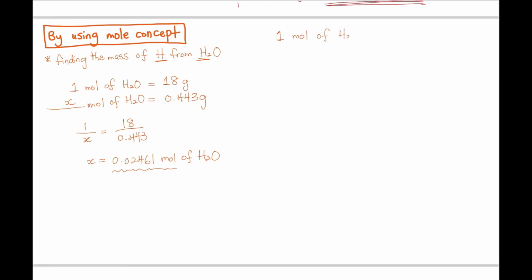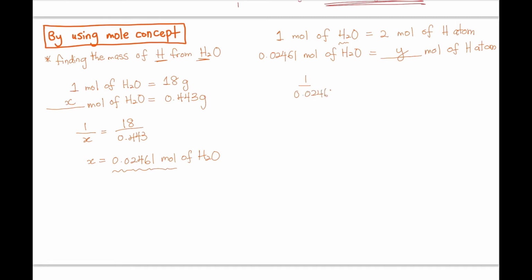One mole of H2O contains 2 mole of H atom. This is based on the molecular formula of water, which is H2O. There are 2 mole of hydrogen atoms in 1 mole of water. Therefore,